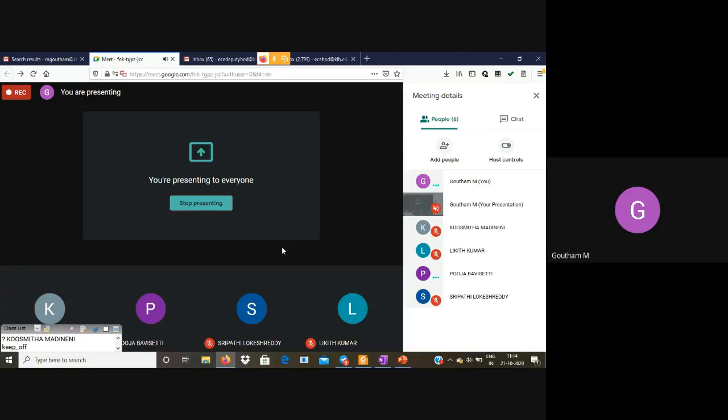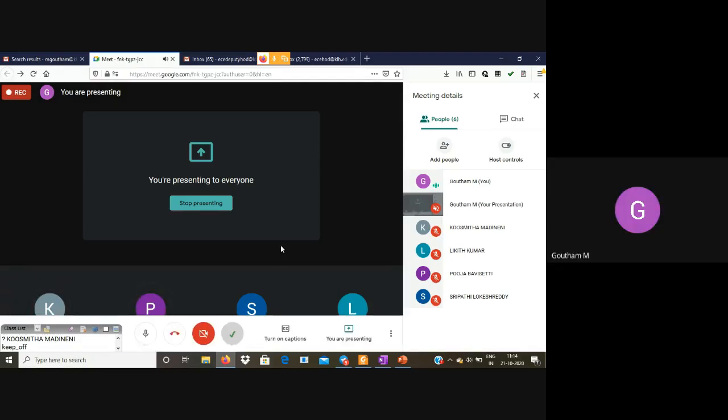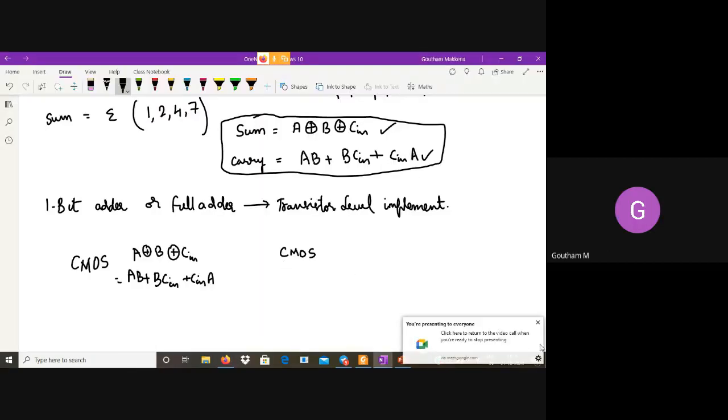Can you quickly come up with the CMOS implementation? I'll give you 5 minutes. And then from that implementation, because this is a low power course, we'll reduce the number of transistors. If the number of transistors is reduced, the switching reduces, and if the switching reduces, the power consumption also reduces. So that is the aim of today's lecture.